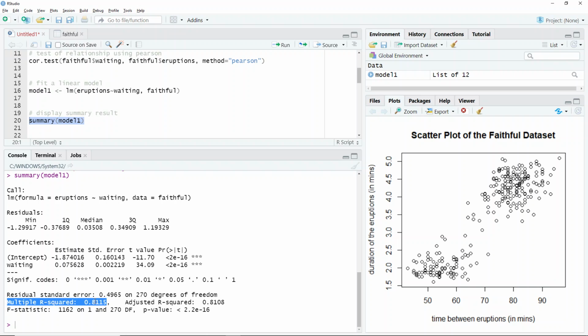Multiple R-squared, which ranges from 0 to 1, tells us how much variance in the dataset is explained by our model. Since we have a multiple R-squared of 0.8115, this means that 81.15% of the variance in the dataset is being explained by the model. Ideally, we want to have a large value of multiple R-squared because we want our model to explain as much variance in the dataset as it can, most especially if we want to predict the dependent variable using our independent variable. However, a small multiple R-squared is not really a big deal sometimes.